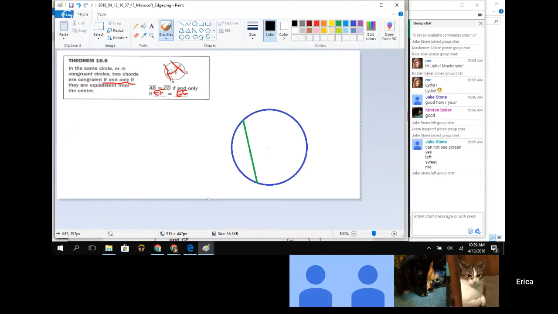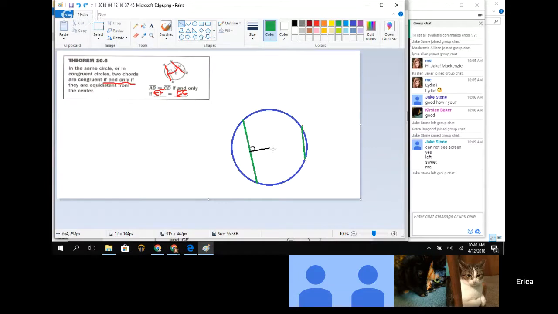So my distance from the center to my first chord, let's say, is, I don't know, draw it here. And we'll do it from a right angle here. If I wanted to draw a chord that is congruent to green, and I drew my chord like here, I need to turn my line tool on. If I drew my chord like here,